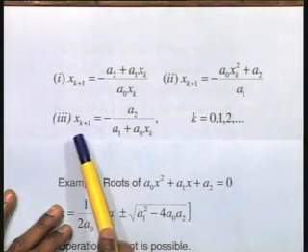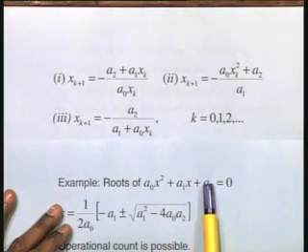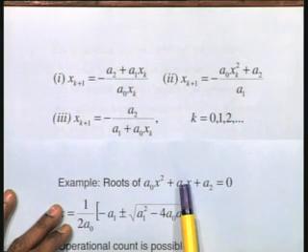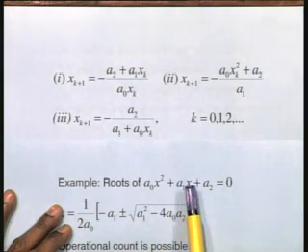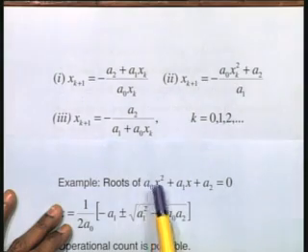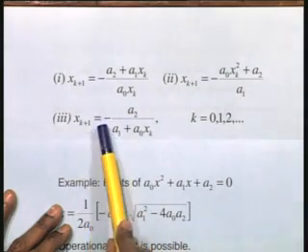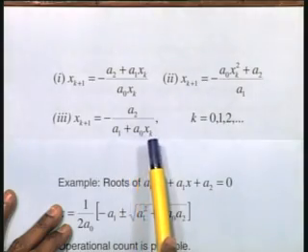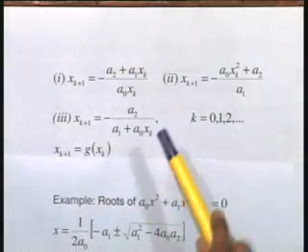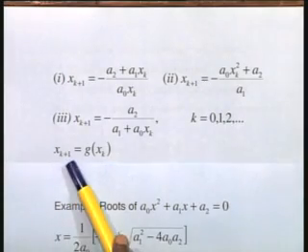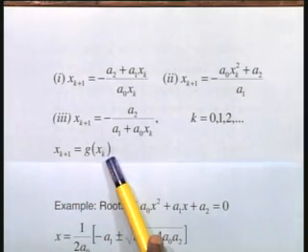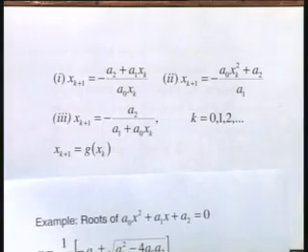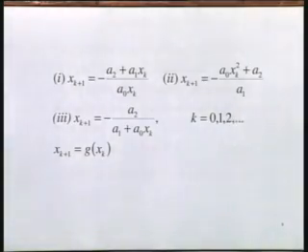And thirdly, I will take this particular term to the right hand side, retain these two terms on the left hand side, take the common factor x and then divide by this one. So I will have xk plus 1 is minus a2 upon a1 plus a naught xk. Now all these formulas are of the form xk plus 1 is some function g of xk. Therefore it is possible for us to have a large number of iterative methods. Given a problem, it is possible for us to construct any number of methods. Now it is an infinite sequence of approximations.